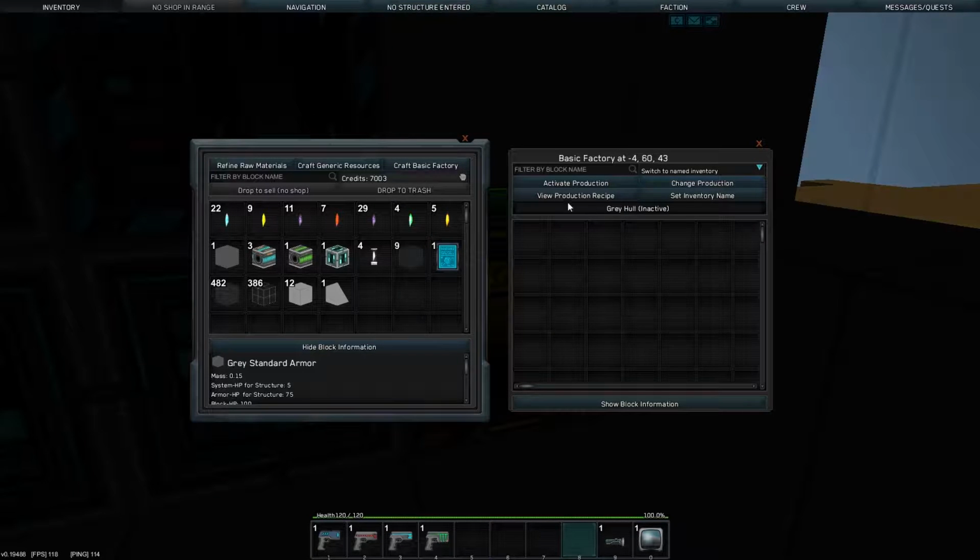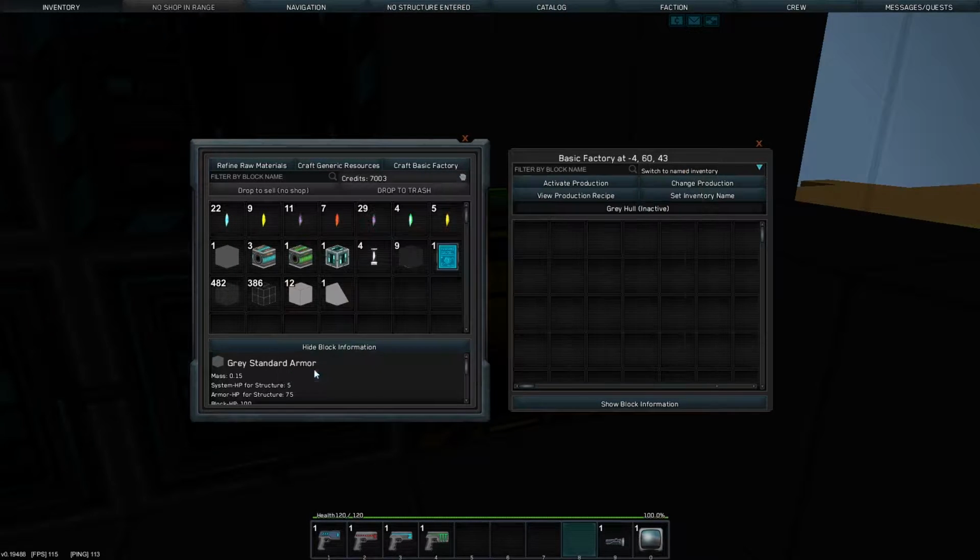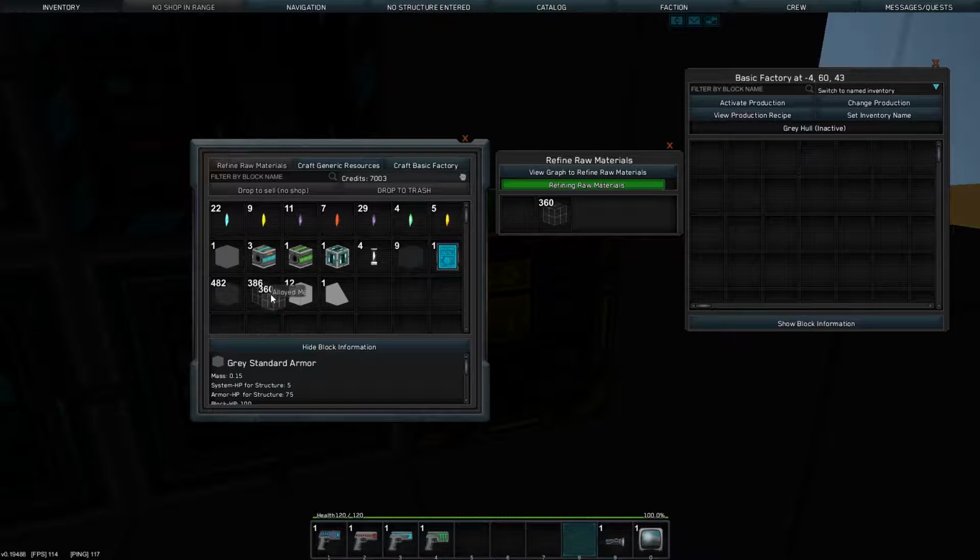Okay, I can now look at the production recipe, and it says that I need one alloyed metal mesh, just one of those, and one crystal composite. So if we go to alloyed metal mesh, which is here, how do we make alloyed metal mesh? Well, if we go to refining resources, here is how we do it. All the ore that we dig up you can put into this, and it will refine it down to metal mesh. Similarly with these little crystals,